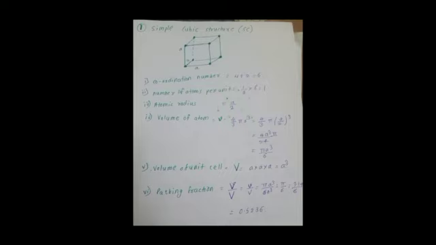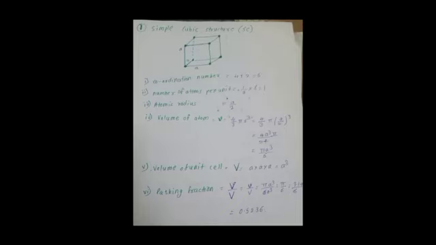In the simple cubic structure, 8 atoms are placed at the 8 corners of a cubic unit cell. Since each atom is common to the corners of 8 cubes, the contribution of each atom to the unit cell is 1 upon 8, and as there are 8 corners in each unit cell, the number of atoms per unit cell is 1 upon 8 into 8, equal to 1. Then if a is the side of the unit cell, the distance between nearest neighbors is a, that is, atomic radius r is equal to a upon 2.